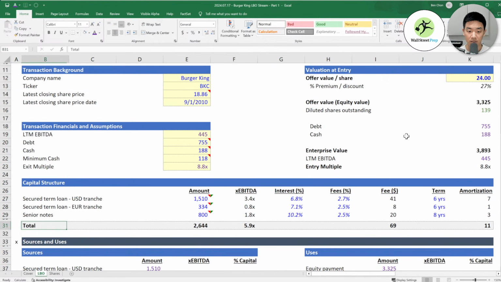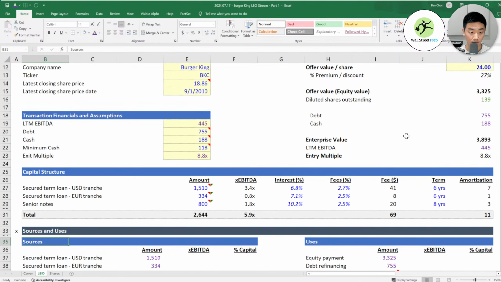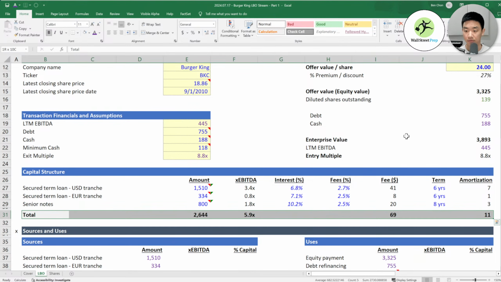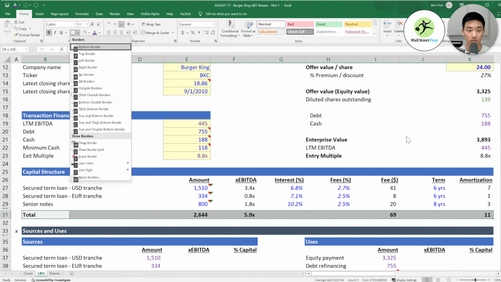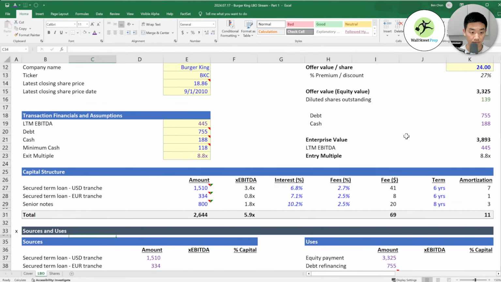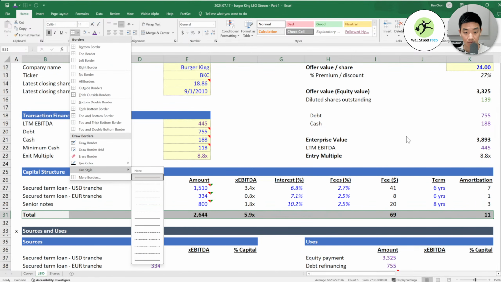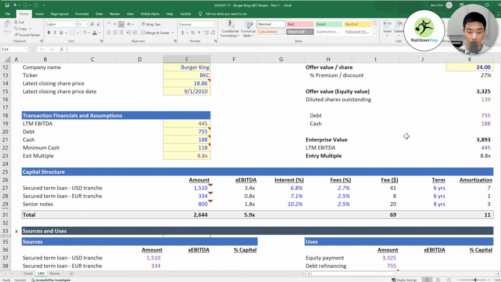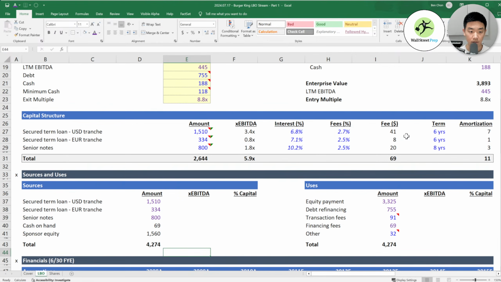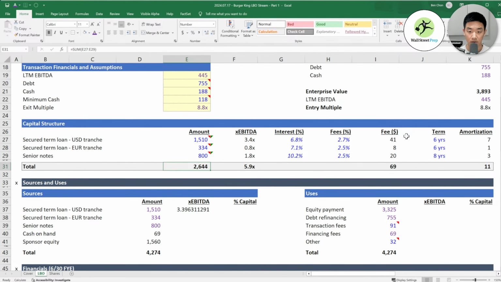Okay, so now we have all this information filled out here. We can also finish out our sources and uses table too. All right, so percent of EBITDA, this is this divided by our LTM EBITDA. Just a bunch of helpful information to know.